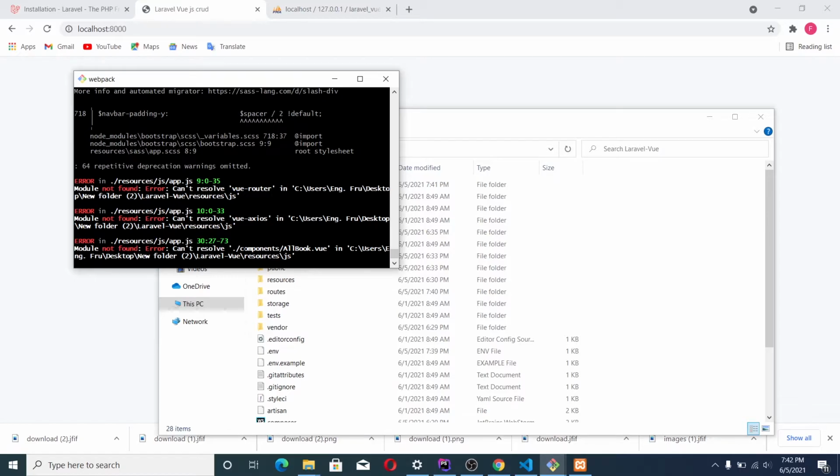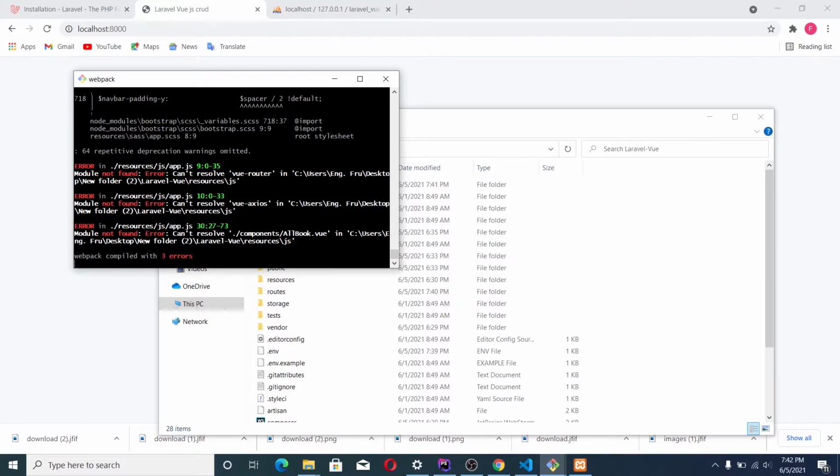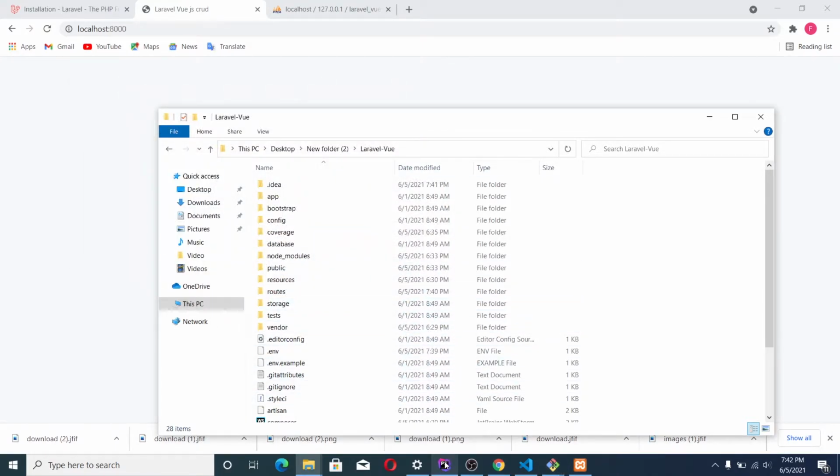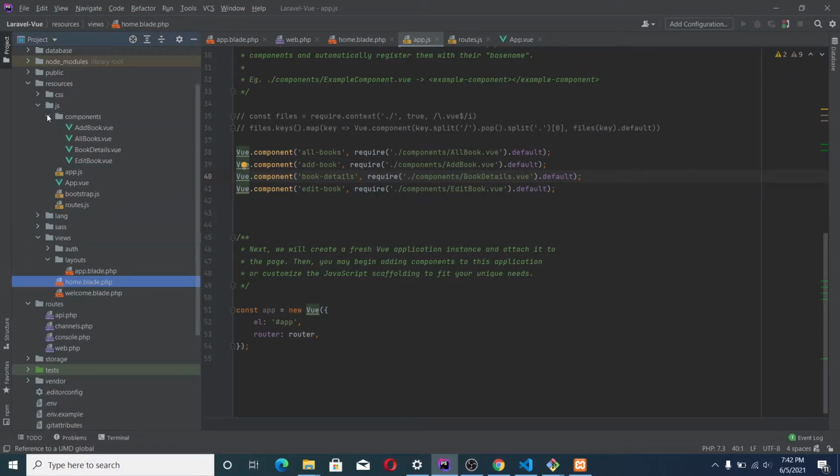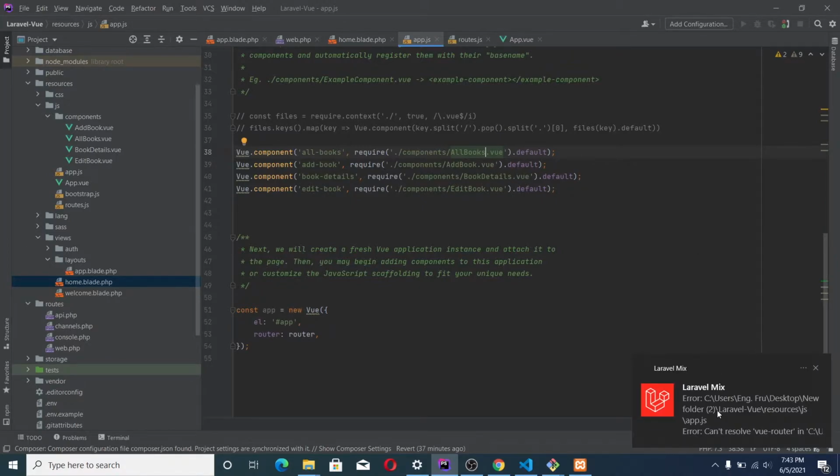It says it can't resolve component all book. Seems we have an error in our app.js. So it says we can't resolve this component called all book. Let's go to our JS components. Say all books. Okay, it's all books, it's not all book. Now when you save, it's going to automatically compile. We have another error here. Can't resolve vue-router.